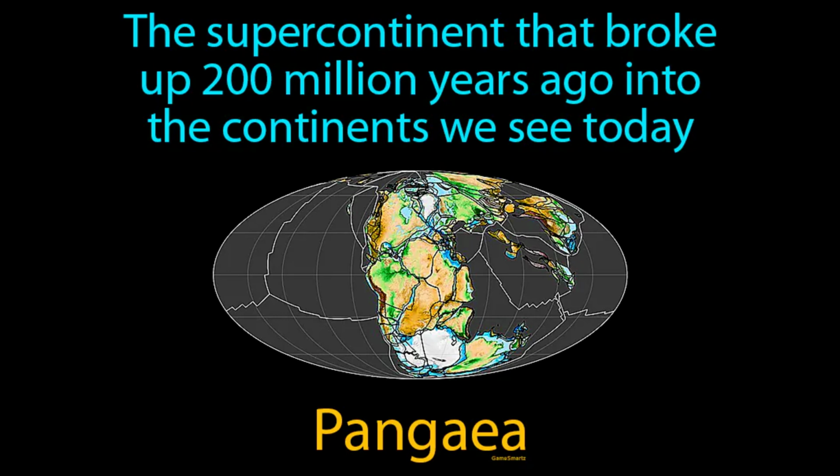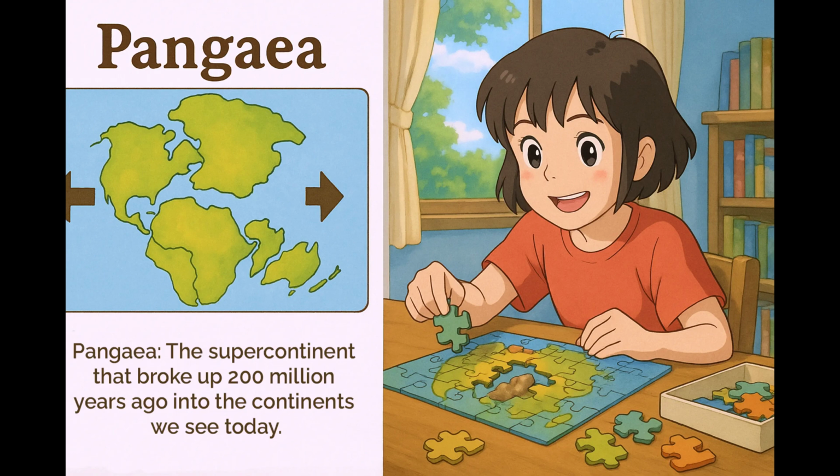The supercontinent that broke up 200 million years ago into the continents we see today. Pangaea. Pangaea was a massive landmass where all the Earth's continents were once joined together before drifting apart due to plate tectonics. Imagine trying to fit a massive jigsaw puzzle together, only to find that the pieces don't all fit